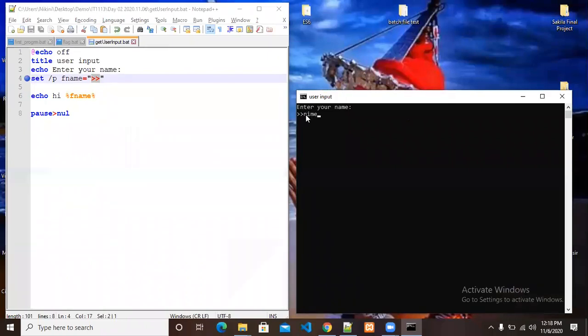Here I put my name, Nimesha. It will show you the output as hi Nimesha. This is what I input, what I give the machine, and the machine catches it. The compiler catches what I type and reveals it.